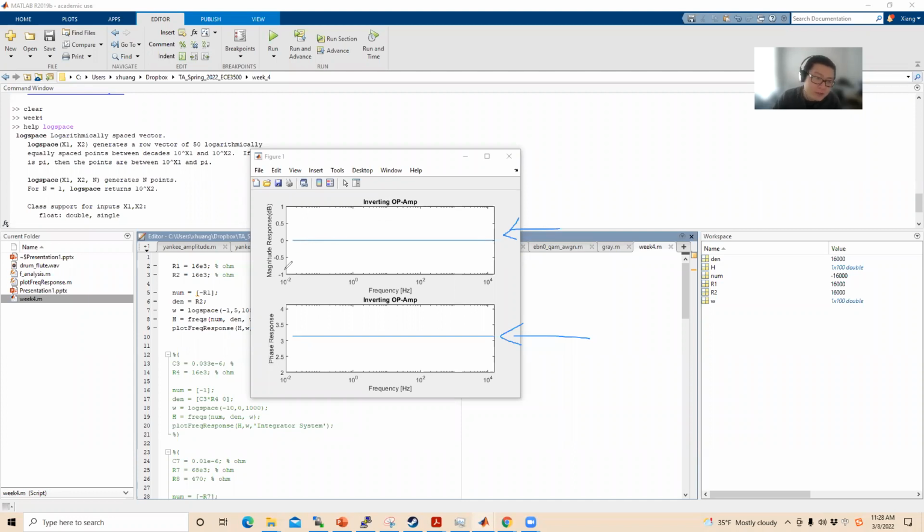You can see according to the magnitude response, there is no magnitude change. I mean, the magnitude response is constant over all frequencies, which means this circuit will not change the magnitude of input signals. But you can see according to the phase response,